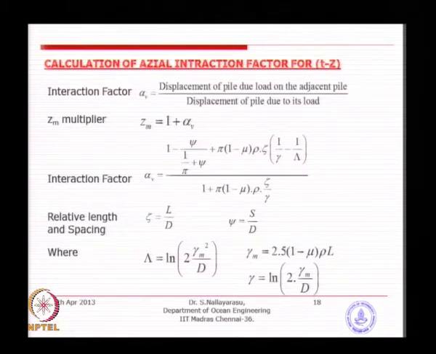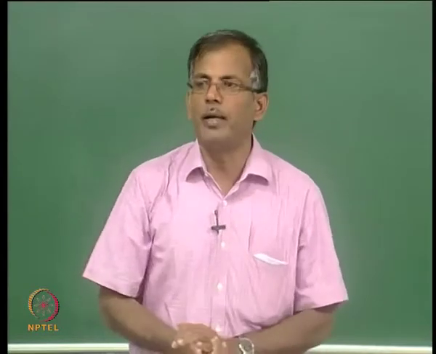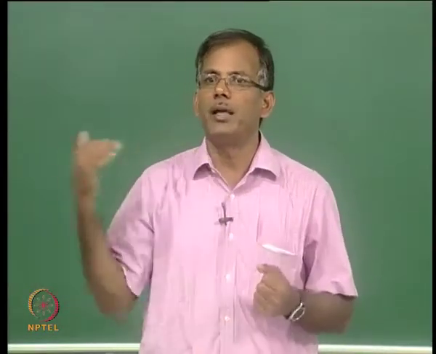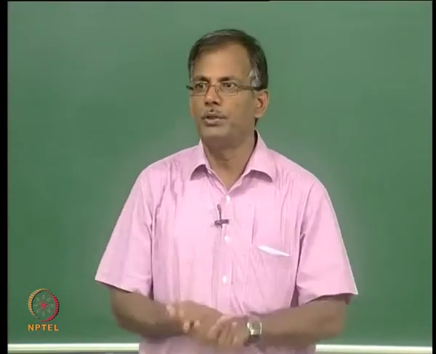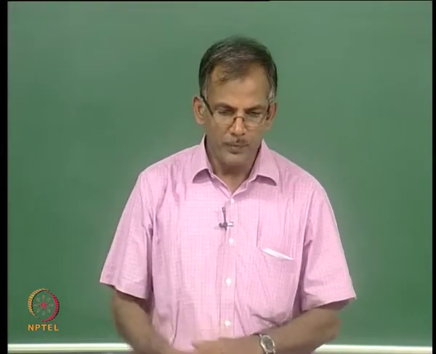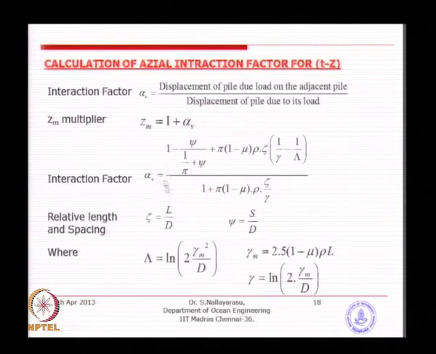It is just like a unit load problem. You apply a load on the pile and find the displacement due to that load on that pile, and then the displacement of the same pile due to load on the neighboring pile. This is only for 2 piles. If you have several piles, you have to cumulatively add the effects all around. So, we can do a loop computational program, taking the effect one by one. Alpha v is derived as a semi-empirical formula by Joseph Bowles, and the parameters zeta and psi, length to diameter and spacing to diameter, and the various parameters involved are given a notation.